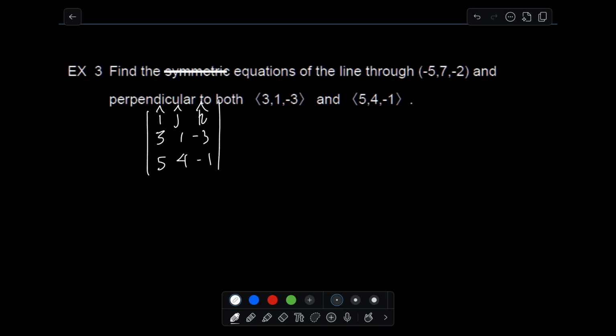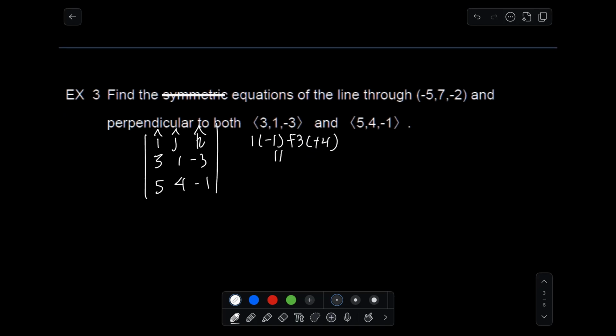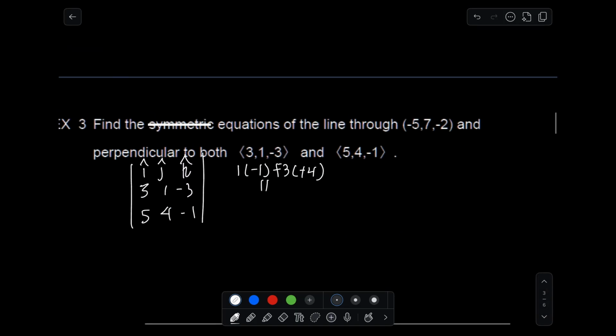And we just apply the rules that we learned from the previous section, which is just going to be 1, -1. So it's going to be 11 in the i hat direction. And then we have